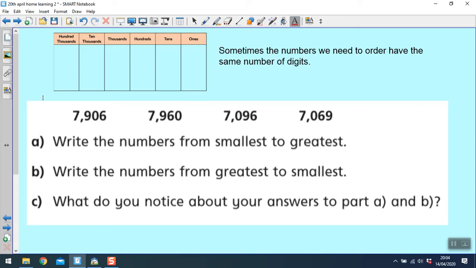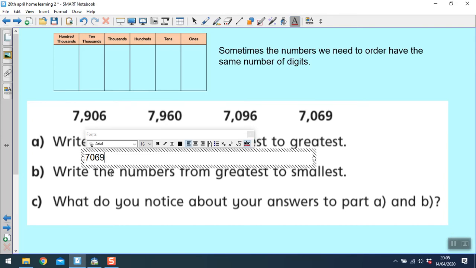Okay, so ordering from smallest to biggest to start with. So they've got 7,000s, these have got 900s, these have got no hundreds, so these two are the smaller ones. I'm going to look at the tens column now. This one's got 9 tens, this one's got 6 tens. So 6 tens is smaller,